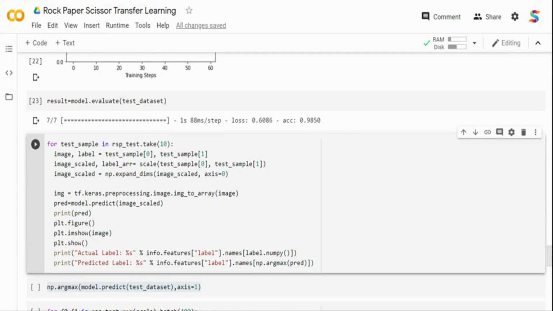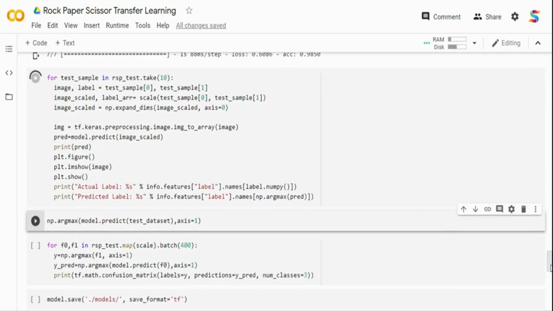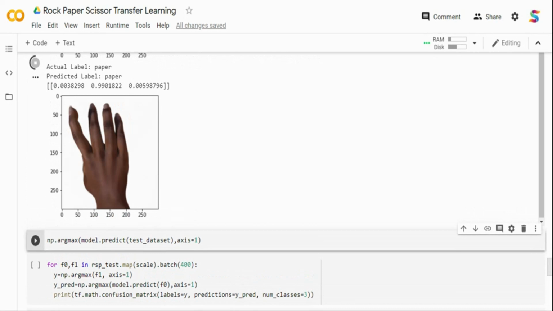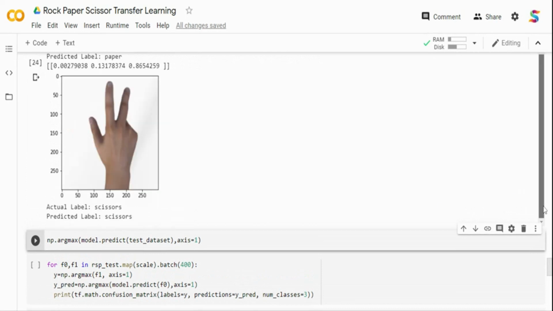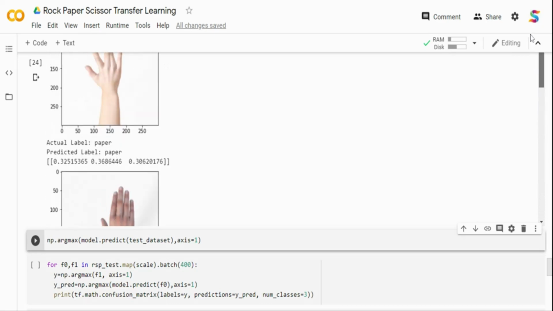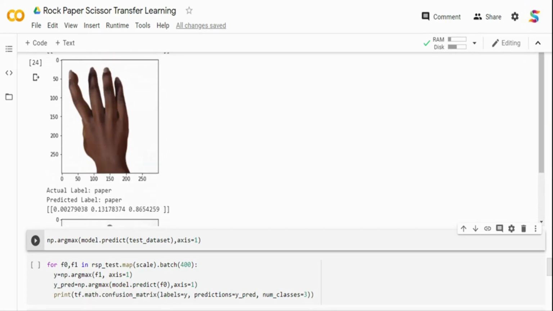Let us quickly visualize the output. So in this case, I'm running through the test data set. I'm just taking the first 10 images. I am calling the model.predict, and I am scaling the image, whatever pre-processing is required, and then I'm printing the actual label and predicted label. So this should be done in some time. This will show the images and what is the actual label, and what is the classification that we have done. So if you see the output over here, there's a scissors image, and you have predicted an actual matching, right? You have paper which is matching, you have another paper which is matching, most are paper, scissors which are matching. So basically our classifier has done a pretty good job over here.